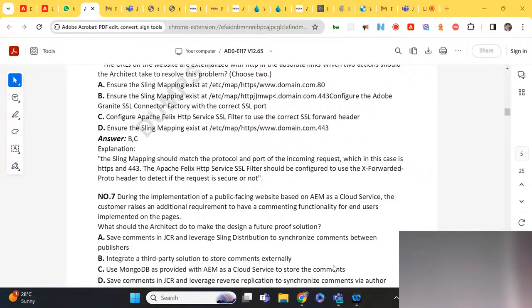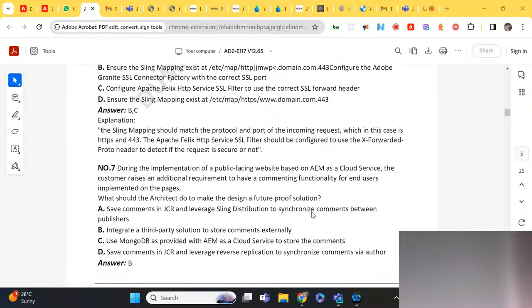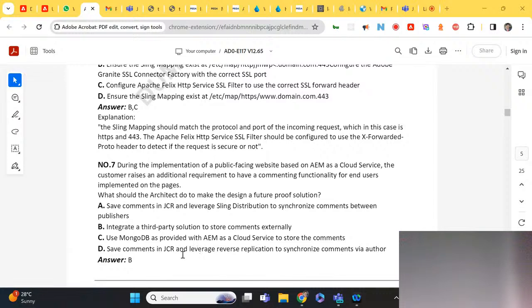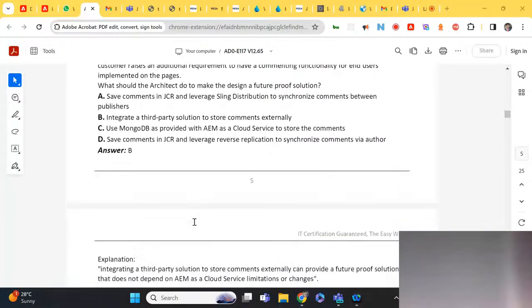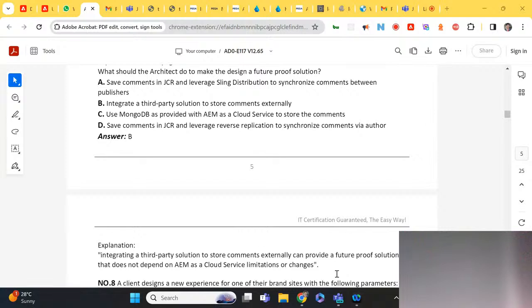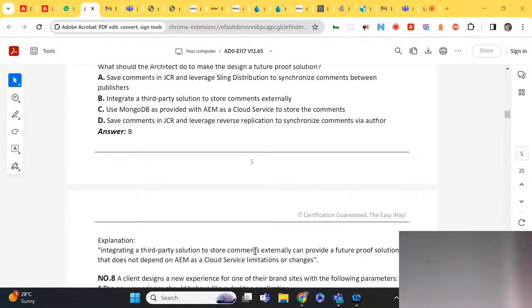So the answer is to use a third-party solution to store the comments. Answer B. It doesn't depend on AEM as a Cloud Service limitations or changes. Try to keep it third party.